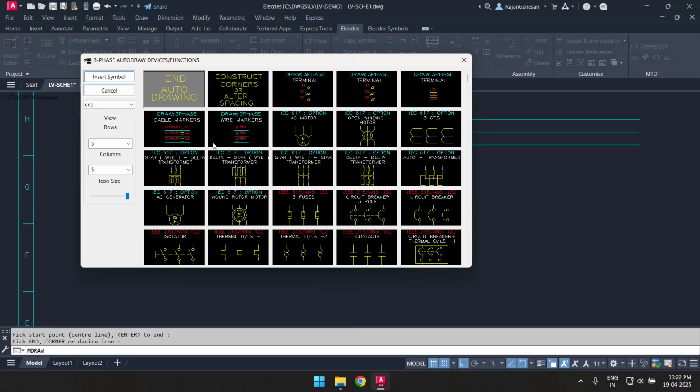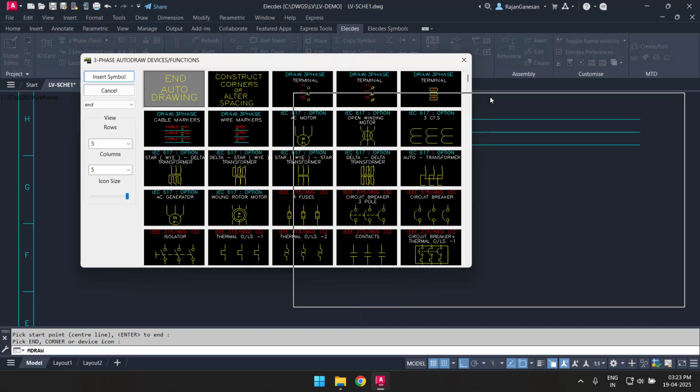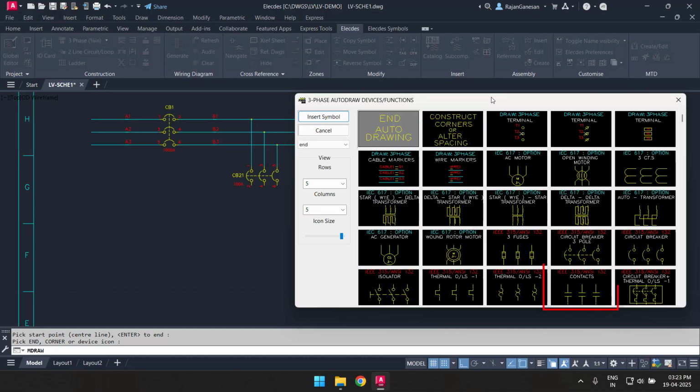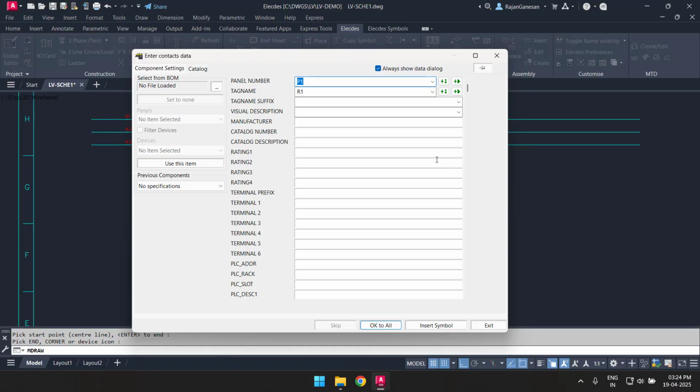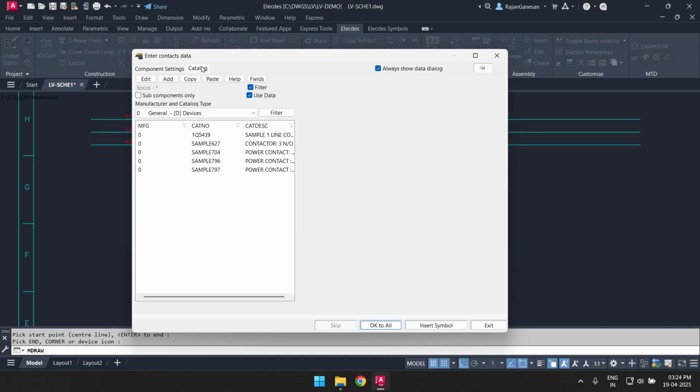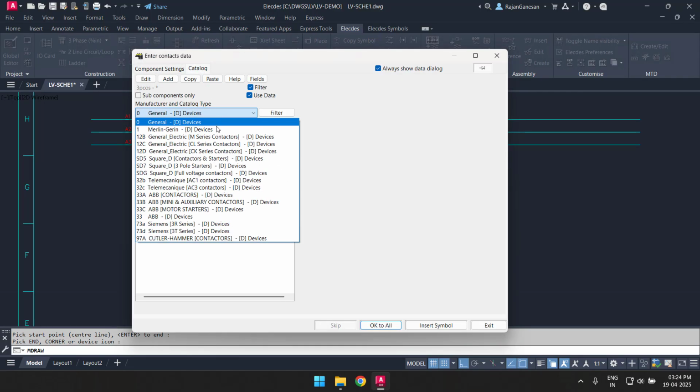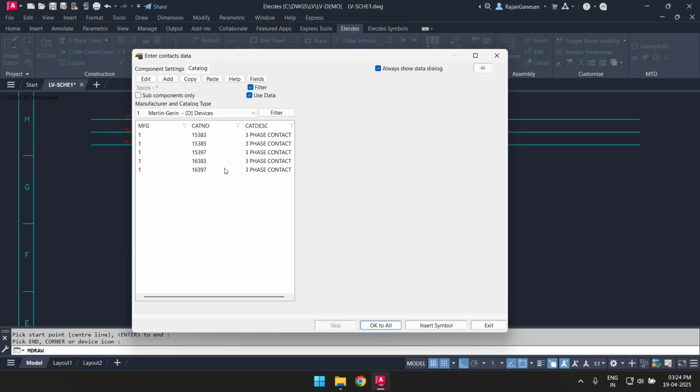Again, the palette is displayed. I'll just move this to the side and you can see how my circuit is forming. I will now select a contactor to control my motor. I will tag the contactor as K1 and select a spec from the catalogue. The spec I choose for the relay includes a family with a 3-phase power contact, 2 auxiliary contacts and a coil.